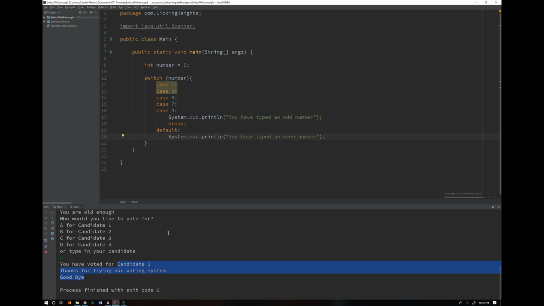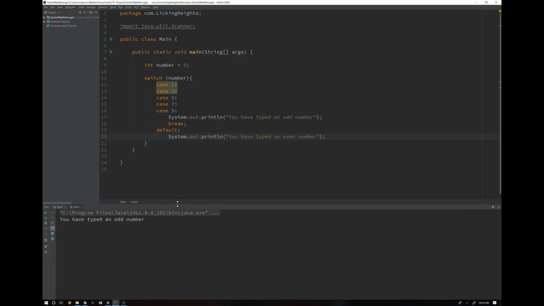let's go ahead and see what it does. I've typed an odd number, 5. Okay, if I change this, because we haven't implemented a scanner class yet, you've typed an even number. Okay, now this is only looking for 1, 3, 5, 7, and 9. If I put 12,